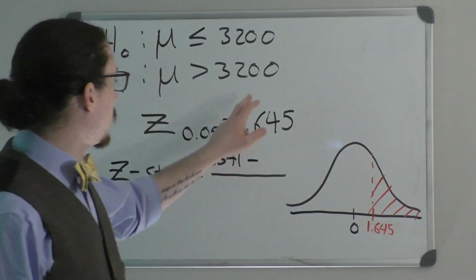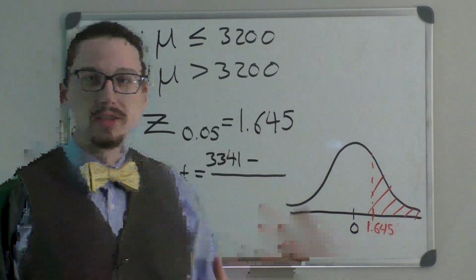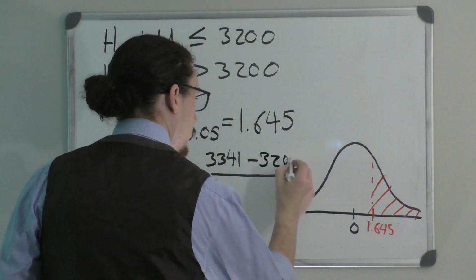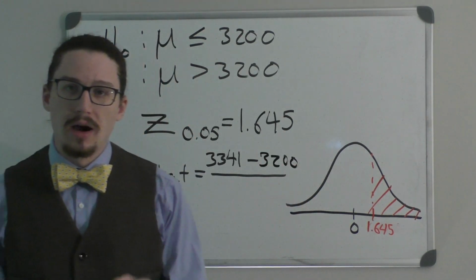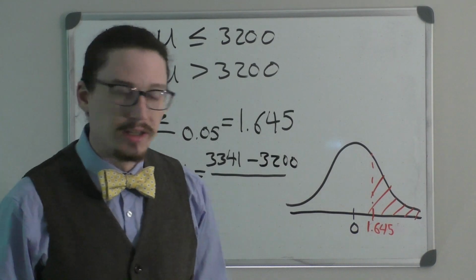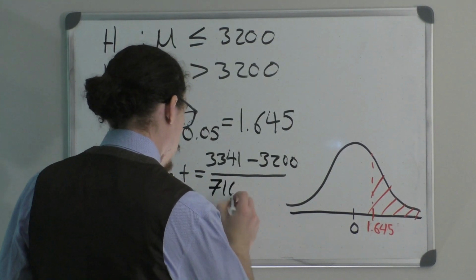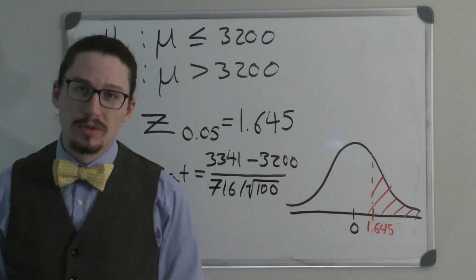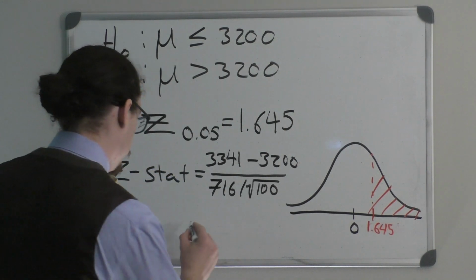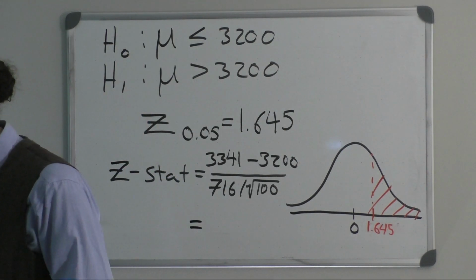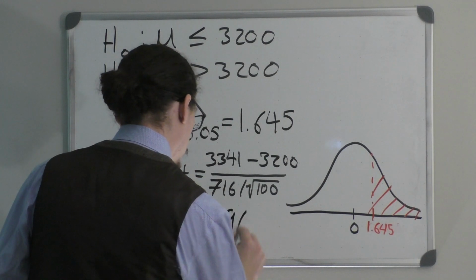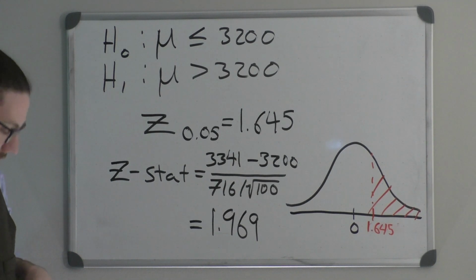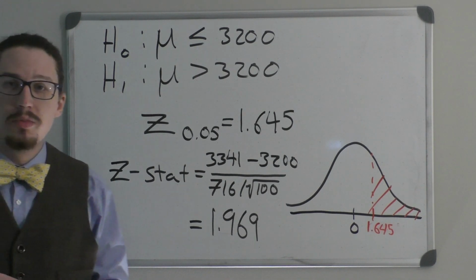C, the arbitrary constant, is the number that shows up in our hypotheses, so that is 3,200. Then we're going to divide that by our standard deviation, which was 716, and we will divide that by the square root of the sample size, which was 100. So our test statistic is